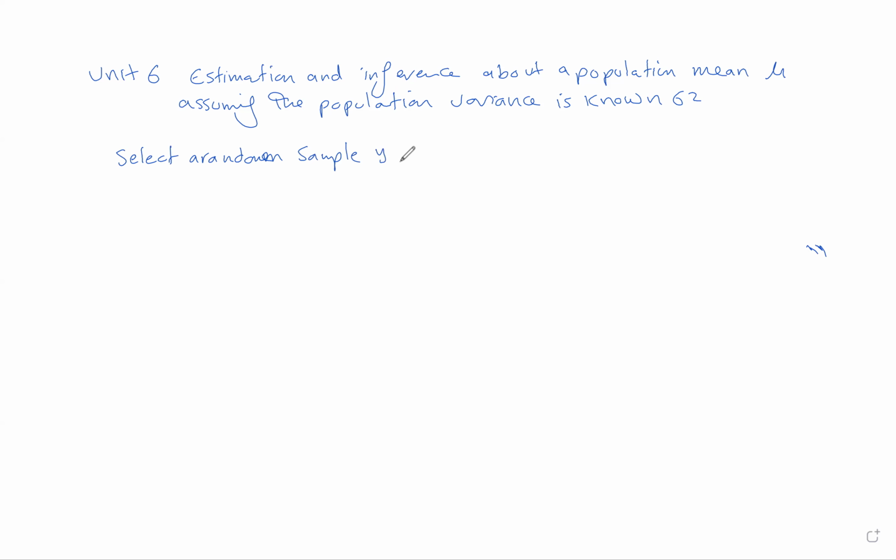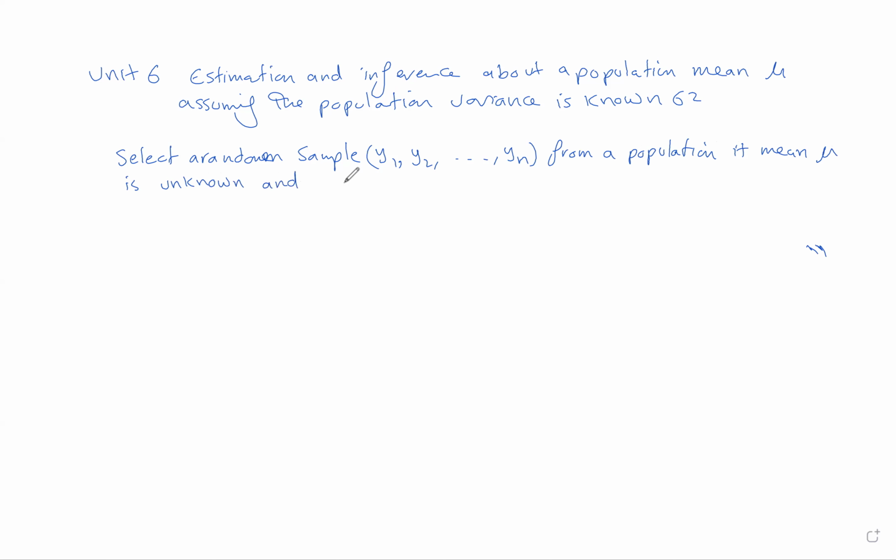Let's say y1, y2, up to yn, and I want to make estimation and inference about the population mean of the population that I selected the sample from, assuming sigma is known and mu is unknown. So let's assume we selected a random sample of y1 up to yn from a population, its mean mu is unknown